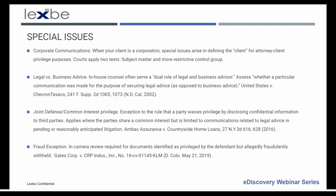There's special issues that come up with privilege and privilege logs: corporate communications, who's the client. There's different rules in different states and different jurisdictions. If in-house counsel is giving legal or business advice, that comes up a lot in litigation. There's a joint defense common interest privilege that's used in joint litigation, lots of rules around that. There's also a fraud exception that shows where that was litigated, again, in a recent case in